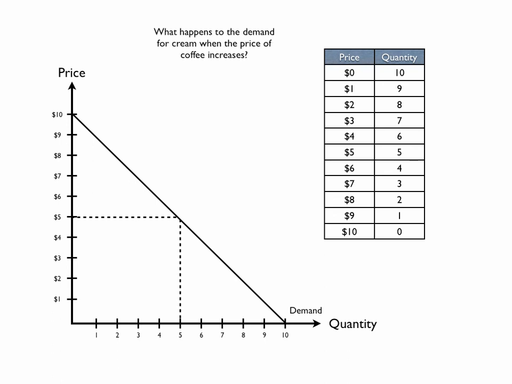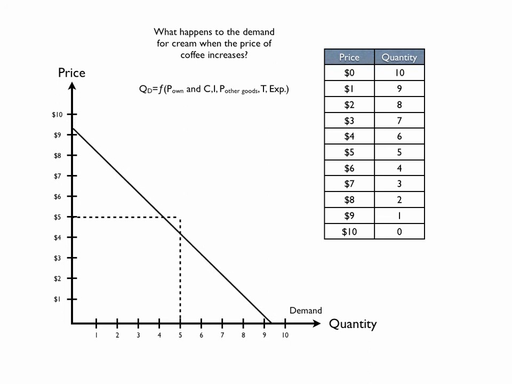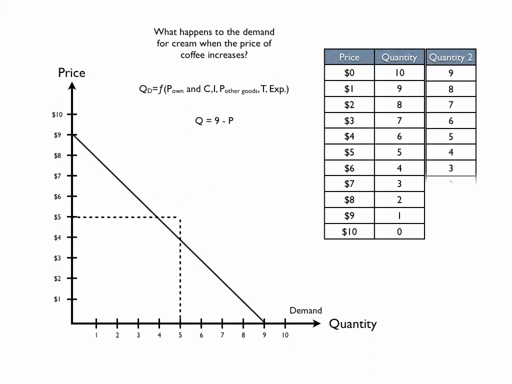What happens to the demand for cream when the price of coffee increases? Well, again, in our model here, this is the market for cream. The quantity demanded of cream is equal to some function of the price of cream, holding these other factors constant. Well, in this case here, the price of a complementary good increased. Therefore, we ought to expect the demand for cream to fall as the price of coffee rises. So the price of coffee rises, I'm going to consume less coffee. I don't need as much cream now because I'm not drinking as much coffee,